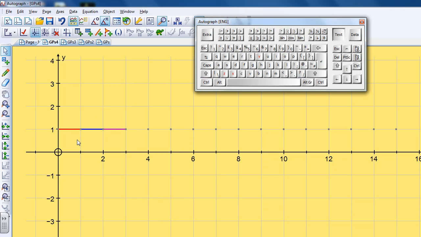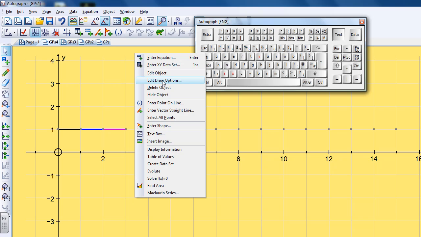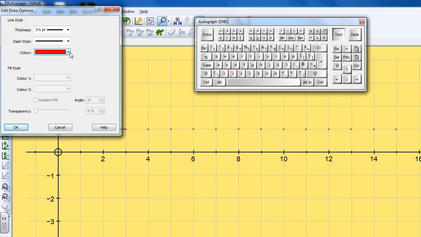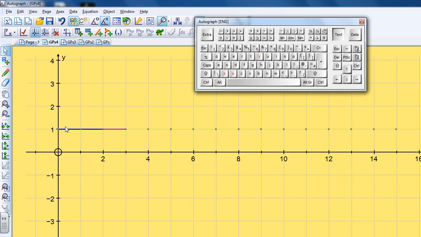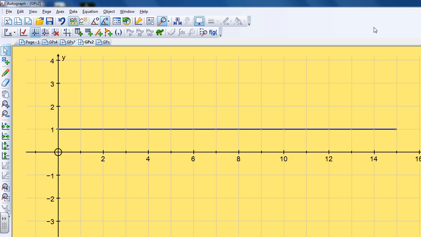To make it look a bit better, if we have the colour the same, so if I click on one of the line segments and right click, I get the option of editing the draw option. I'm going to change them all to blue. If I do that the same with all of them, if I go to one that I did before, I've done all my line segments and I've changed them all to blue. If I just move the keyboard away,